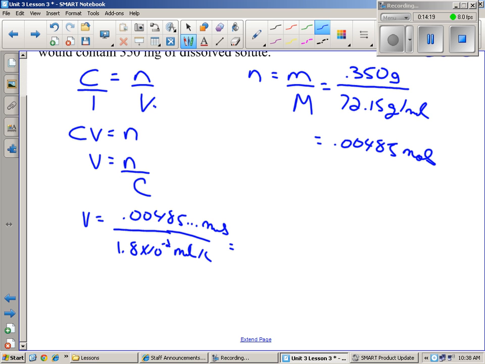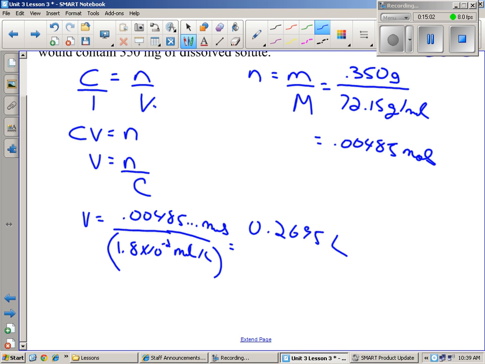When you go to divide this, remember, you have to do the order of operations here. You actually do need brackets for this one. Because if you don't put brackets, you're going to be off by a factor of 100, because you're going to be taking the 0.004 divided by 1.8, and then you're going to times it by 10 to the -2, which is very different. Okay? So when you do this, make sure you put brackets, especially with scientific notation. So divide by 1.8 times 10 to the -2, which I just didn't use brackets there. That's not good. 1.8 times 10 to the -2. And we get